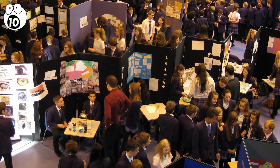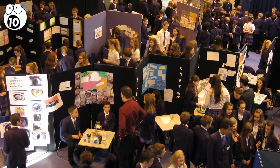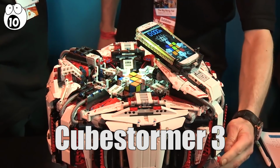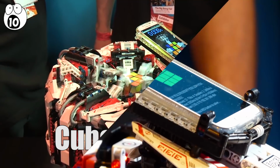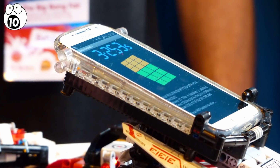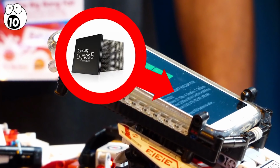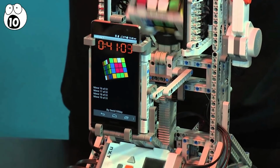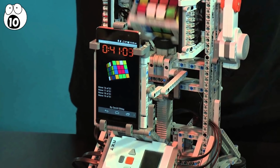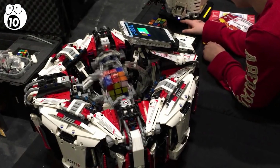At Birmingham's Big Bang Science Expo in 2014, engineers David Gilday and Mike Dobson demonstrated a smartphone-powered robot called CubeStormer 3, which had taken them 18 months to create. They used a Samsung Galaxy S4 for the brain, which they enhanced with an Exynos 5 octa-core processor. 8 additional processors using ARM technology power the Lego Mindstorms bricks, which in turn control the movement of the 4